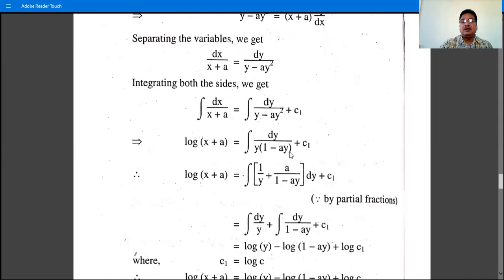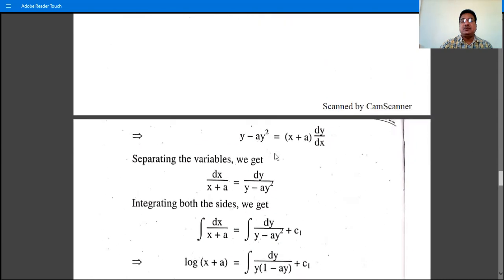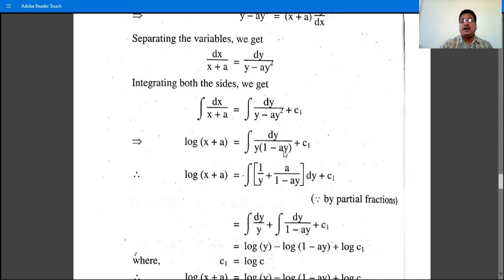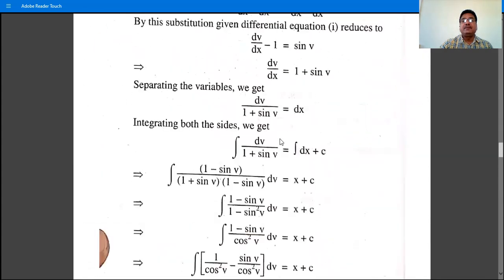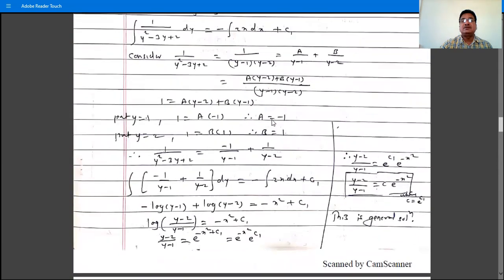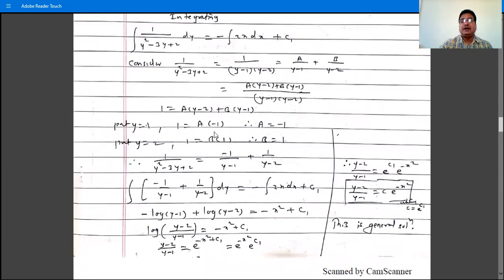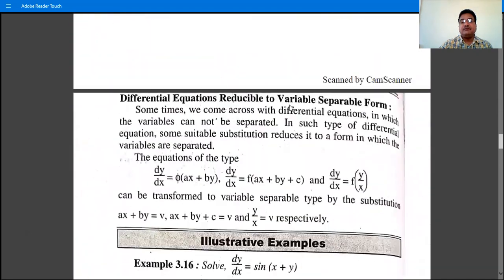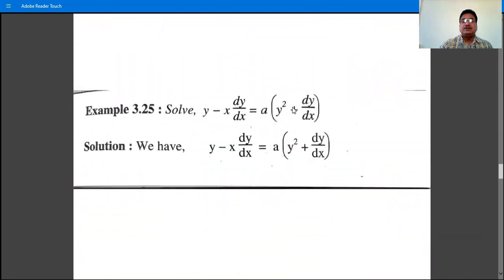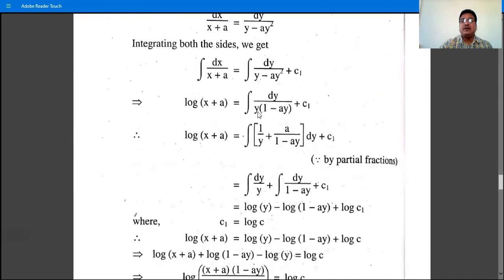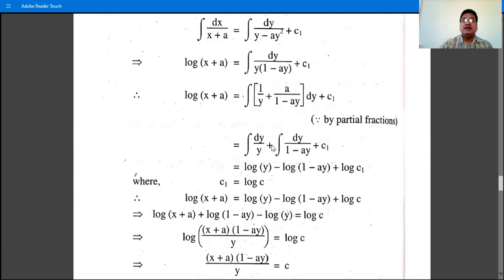So here we first obtain the partial fractions of this 1 divided by y into (1 minus ay) by using this method. That is, write A divided by the first factor plus B divided by the second factor, and then find the values of A and B. So we have the partial fractions of this 1 divided by y into (1 minus ay) as 1 by y plus a divided by (1 minus ay) dy plus constant. And then the integration of 1 by y is log y, and the integration of a by (1 minus ay) is log (1 minus ay) divided by y, divided by a,